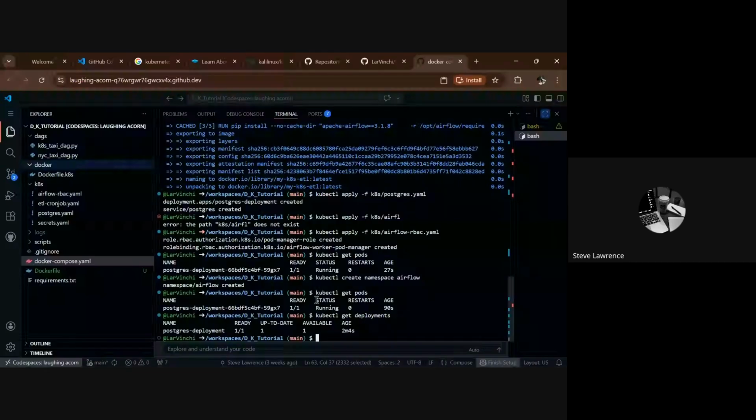Okay, so we have these deployments right here. We have the Postgres deployment. Then we have Airflow running as pods. Airflow is running with Postgres. Then, so what we will do